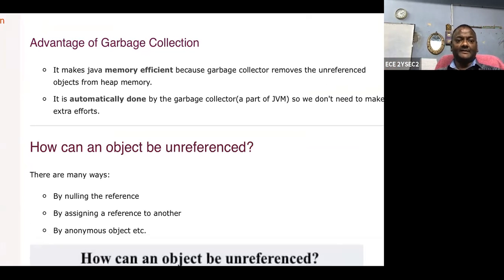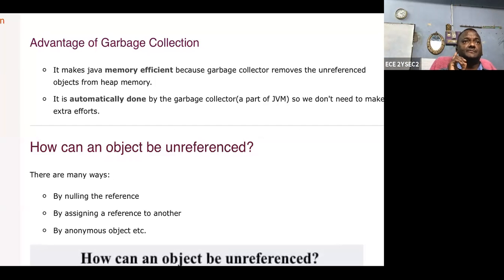I repeat, number one, what is garbage? Garbage is nothing but an unreferenced object having memory that is not useful to anybody, so first I want to clear that. Whenever a new object is created, who performs this garbage collection?